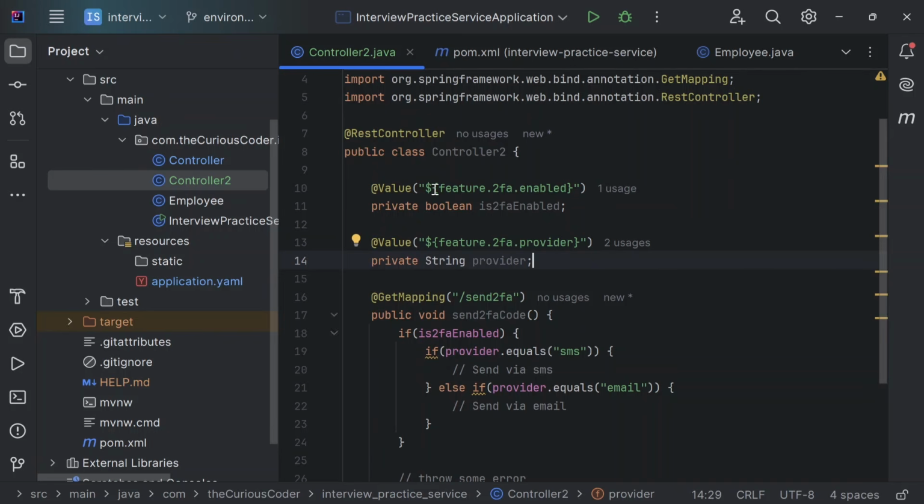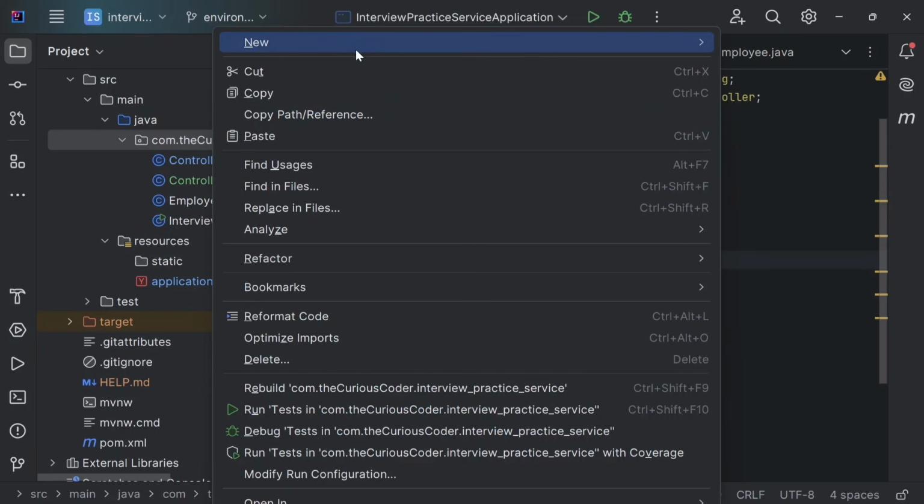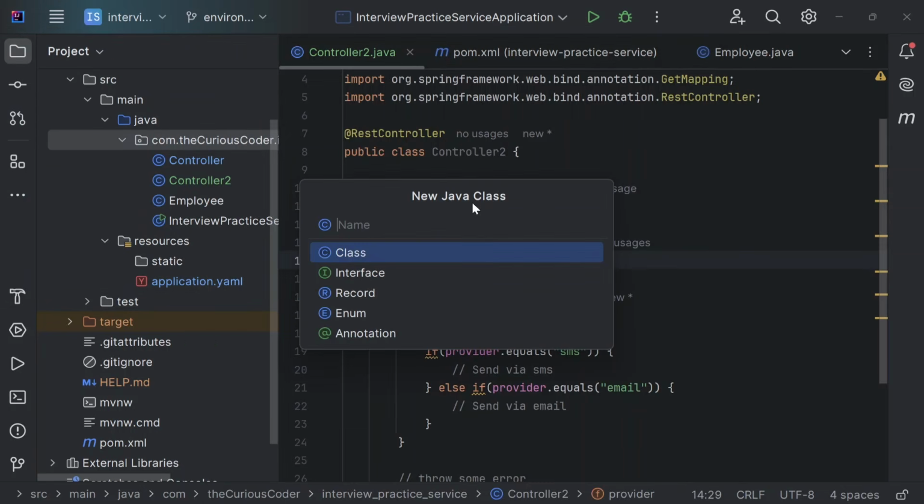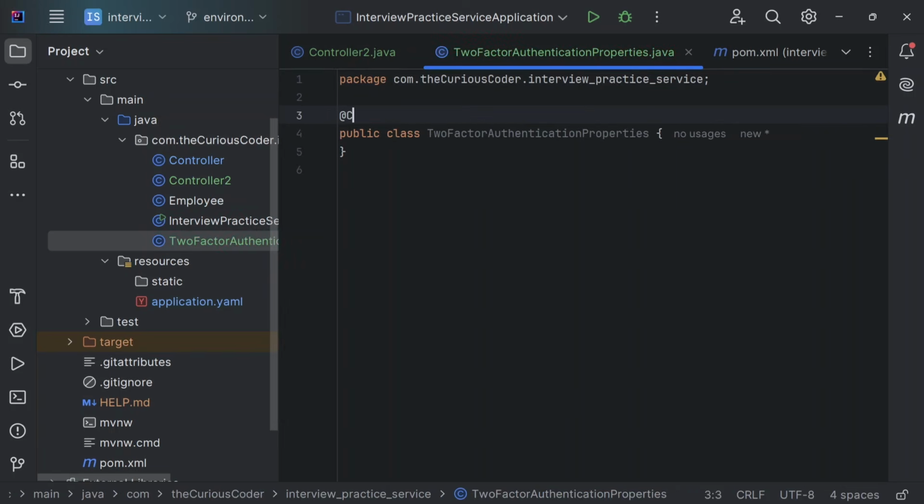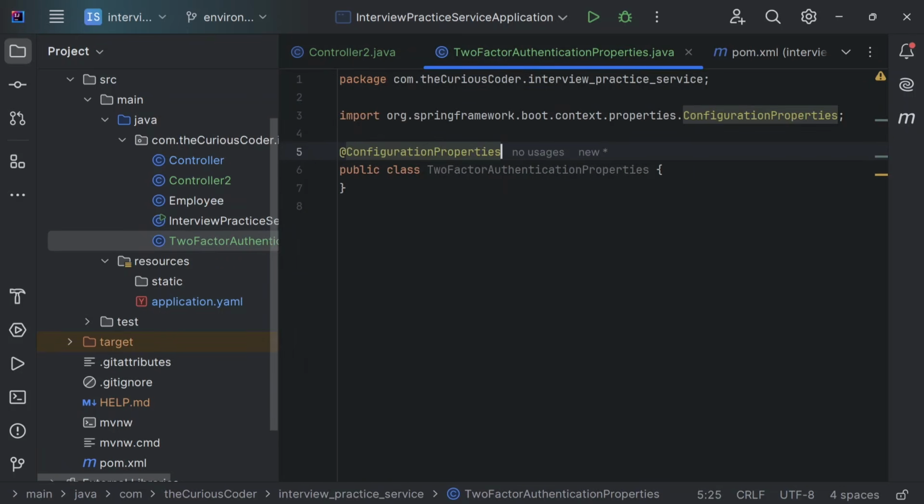In situations like these, we can use something called configuration properties, and that is the second way to access environment properties. I'll show you. It's very simple. I'll just create a class, let's say TwoFactorAuthenticationProperties, something like this, and I'll just add an annotation @ConfigurationProperties. And since I'm defining all the configuration properties for 2FA here, I'll give a prefix